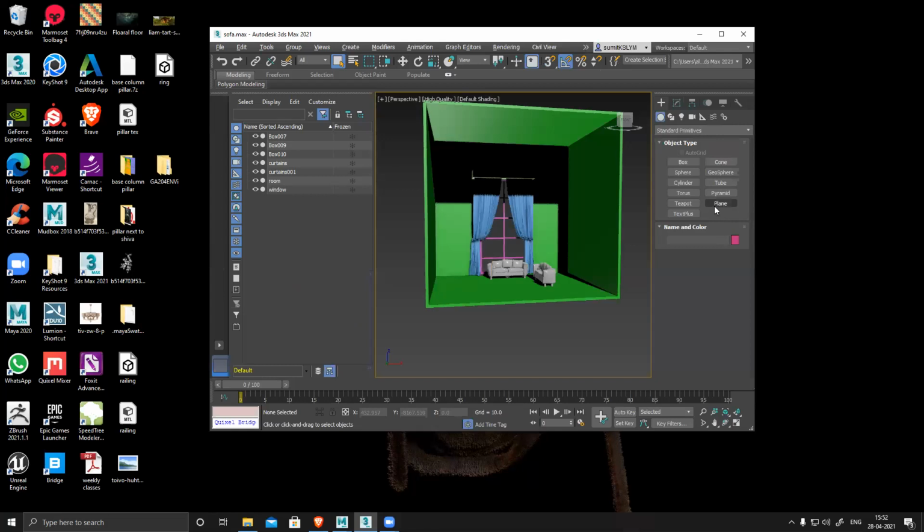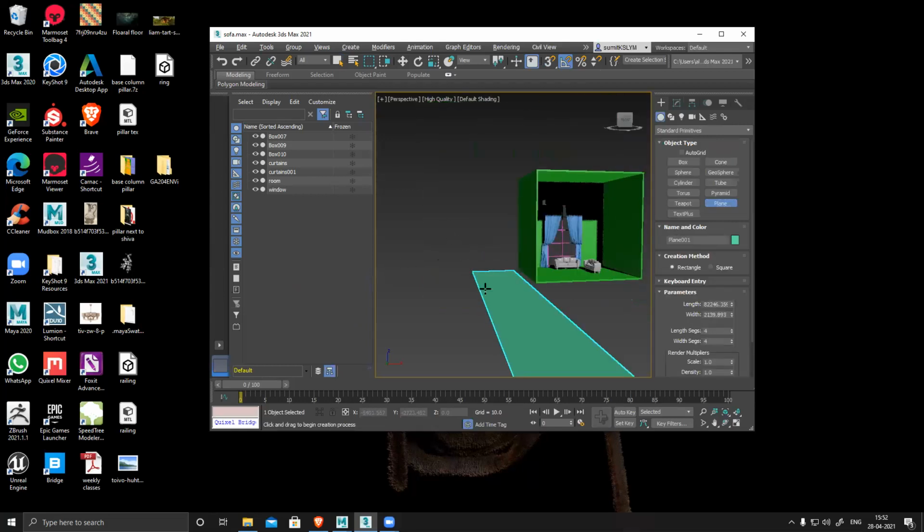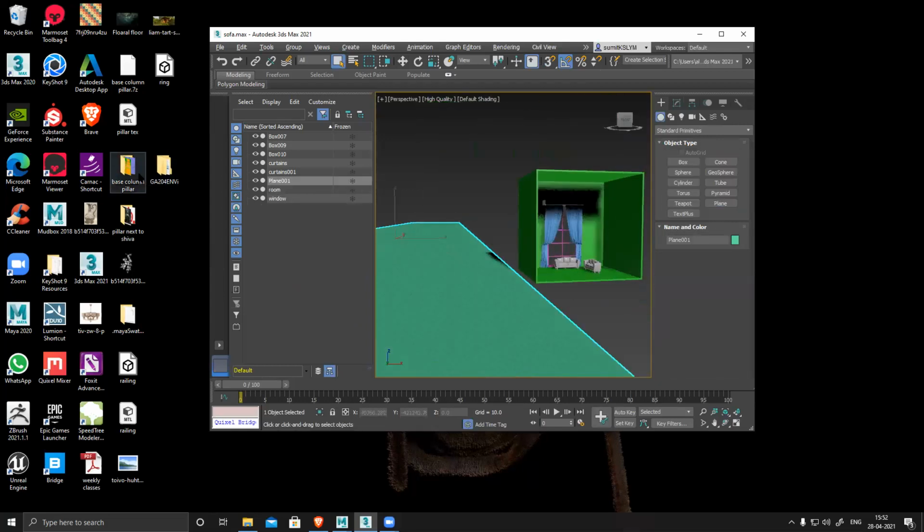I create a plane and I have an image, drag and drop, that's done. I have a problem in that. What is the problem? I try to copy from there to 3D Max. It's not working. Copy as in Control C, Control V?